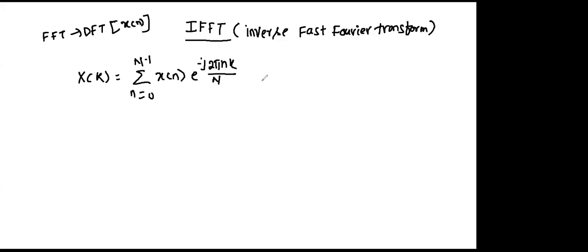Now, what are you doing when you find the DFT by using DIT or DIF? This is your input, yes or not? And this is your output. So whatever algorithm you used, in case of DIT, the input is in bit reversal order, meaning x of n is in bit reversal order, and the output is in the same order, meaning x of k is in the same order, yes or not? So here x of n is your input and x of k is your output. Try to understand.